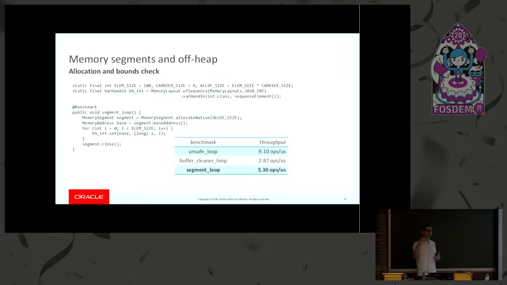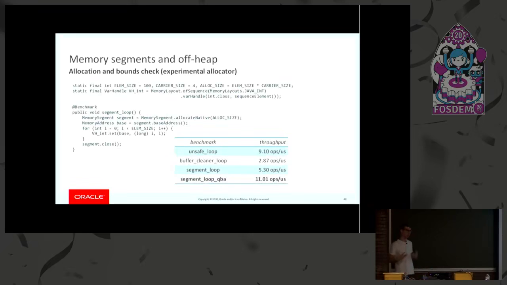But we are also trying to look ahead a little bit, and we don't want just to provide something that looks a little bit better than ByteBuffer. We want to give you something that is actually more scalable, as I was mentioning at the beginning. So we are working on a different allocator. Jim Laskey is doing a bunch of work on this new allocator called the quota-based allocator. And the numbers so far, I'm teasing you a little bit, are pretty impressive, in the sense that after I did some experiments to plug this new allocator into the memory segment API, I was able to reach better performance than unsafe, even though I was still zeroing memory.